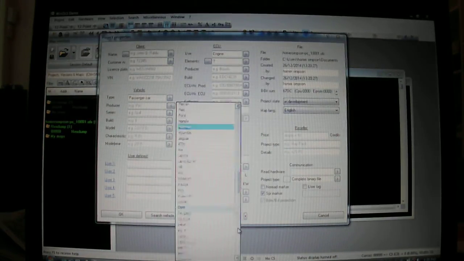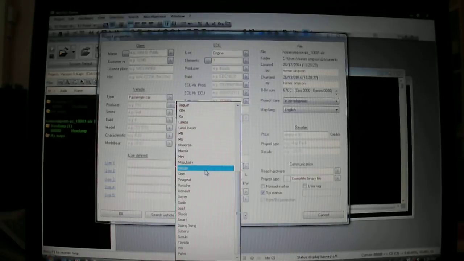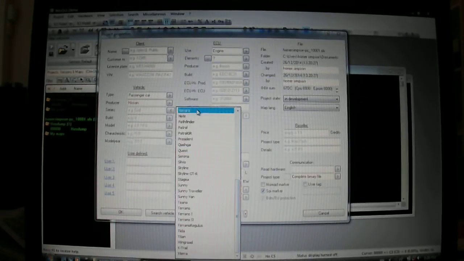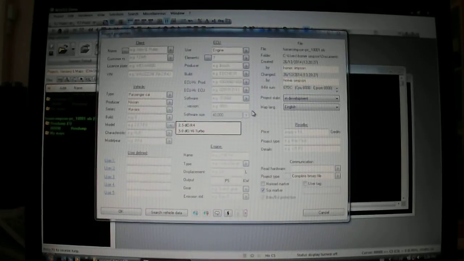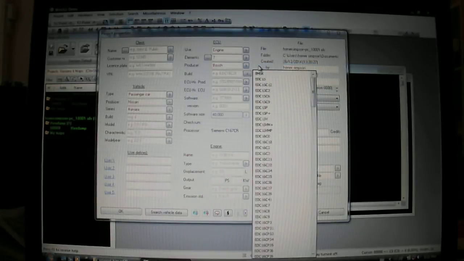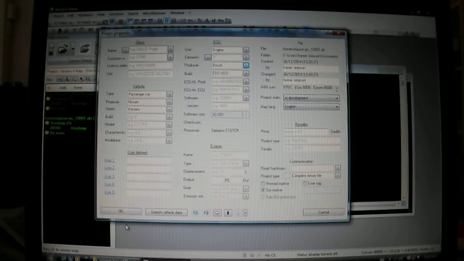This is basically ECU information, so you want Nissan, pick the Navara. What you choose here basically names your file. You don't have to fill out a lot of it, but it's good to start with the Nissan Navara so you can keep track of what file's what. You need to pick the producer, which is Bosch, and then we're pretty much an EDC16 ECU. So then you click OK,